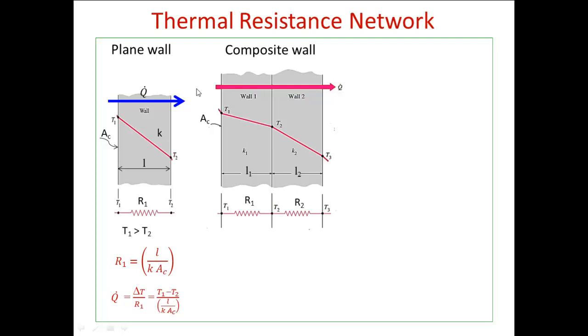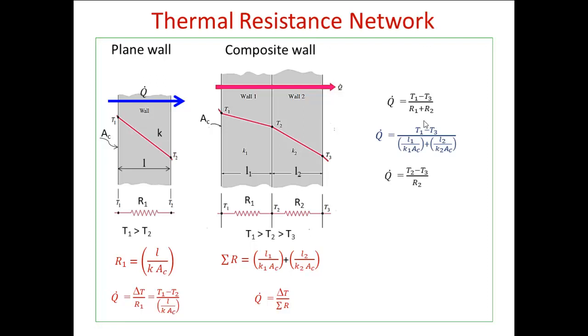Now heat is going to be conducted through wall 1 and wall 2. So we are going to experience conductive resistance R1 and conductive resistance R2. R1 is the conductive resistance offered by wall 1. R2 is the conductive resistance offered by wall 2. I want to calculate the total resistance. Then total resistance is the sum of the resistances offered by wall 1 and wall 2. So rate of heat transfer is overall temperature difference divided by the sum of the conductive resistances. And if you know temperature T1 and temperature T3, you don't know the temperature T2. We want to calculate T2.